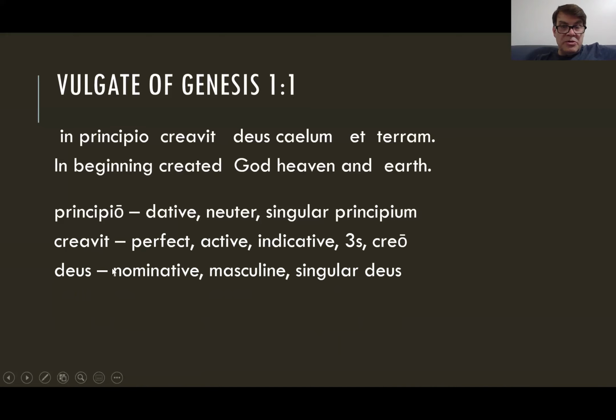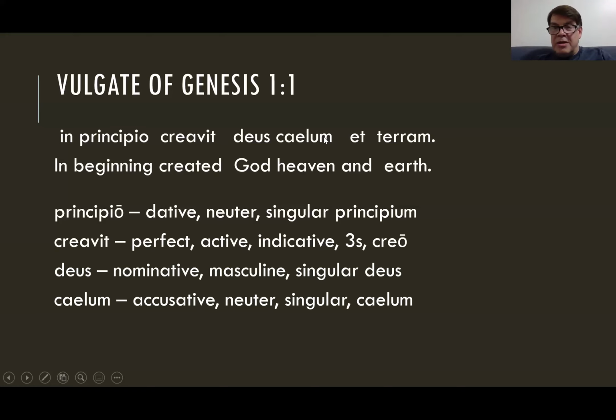Deus is nominative, which means the subject in this case, masculine singular from Deus. So in the beginning, God created, even though the order is not that way, the nominative tells me this is the subject. Caelum et terram. So this answers what? God created what? He created heaven and earth. They're the objects. And so the direct object, the accusative case is the case of the direct objects. Both of these are accusative.